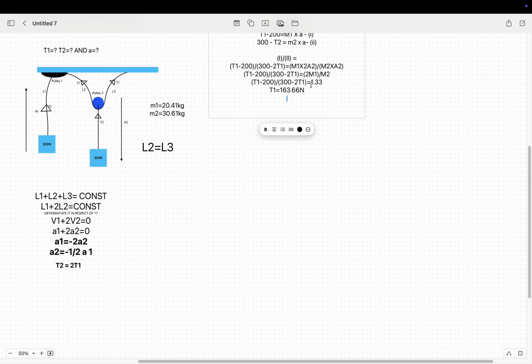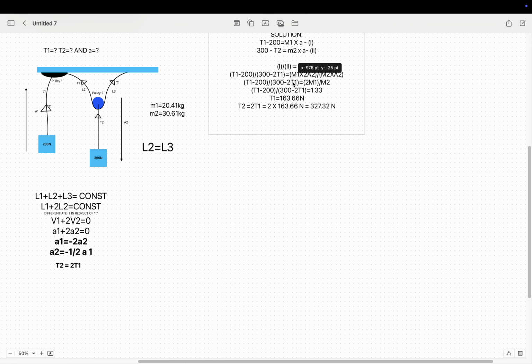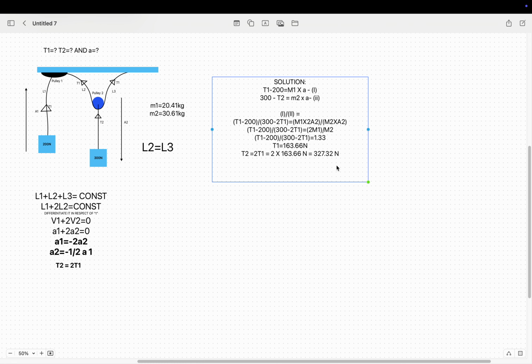and the T2 is 2T1, so it's 2 multiplied by 163.66 Newton, which equals 327.32 Newton. Now the T1 is derived, and T2 is derived, but what about the acceleration? Now we got the T1 and the T2,